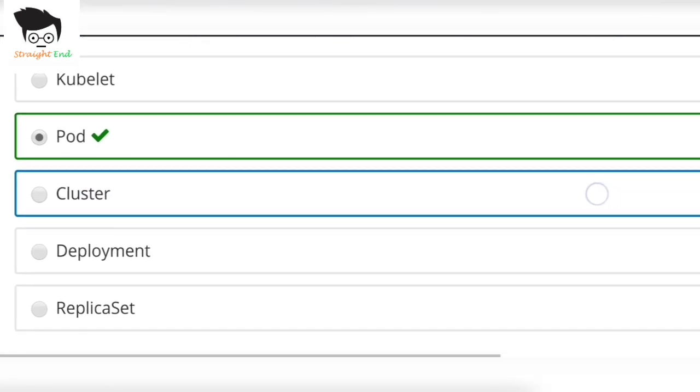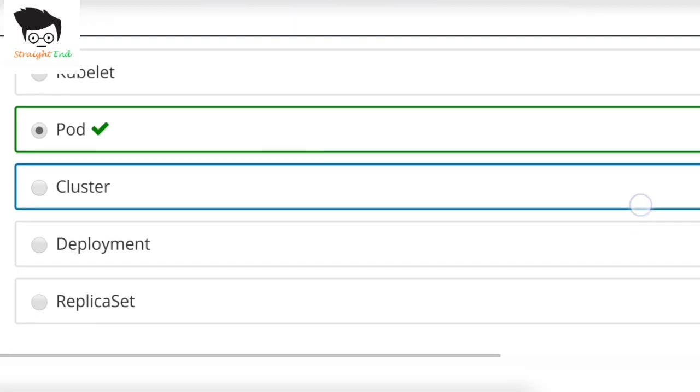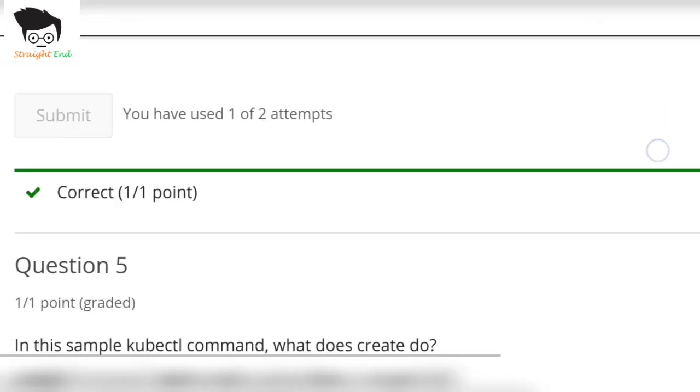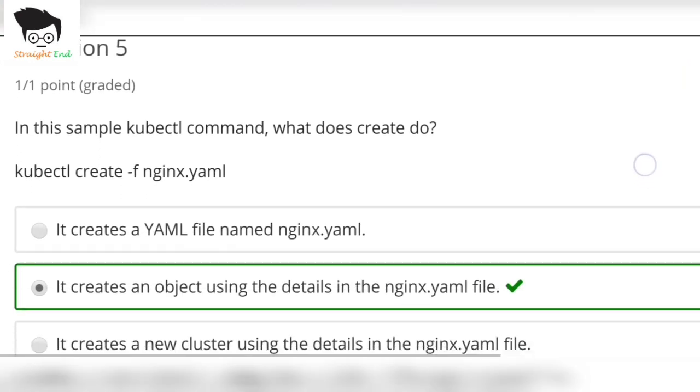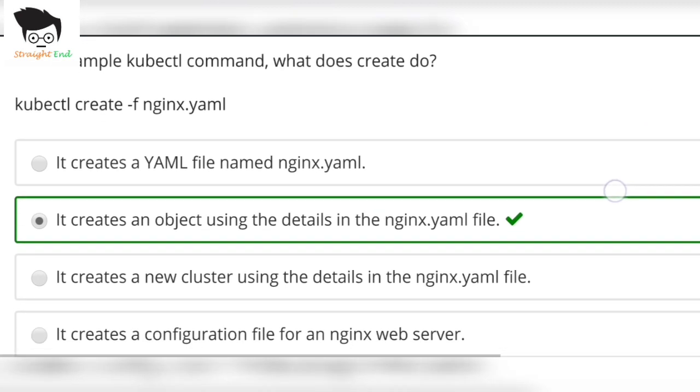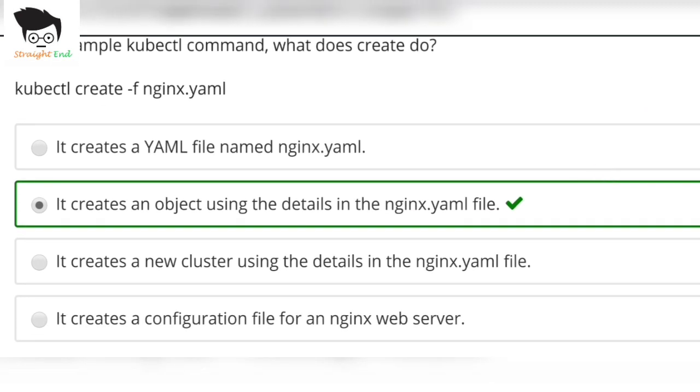Click on submit. In all modules you are given 5 questions. So question number 5, in this sample kubectl command, what does create do? It creates an object using the details in the nginx.yml file. This is the correct answer.